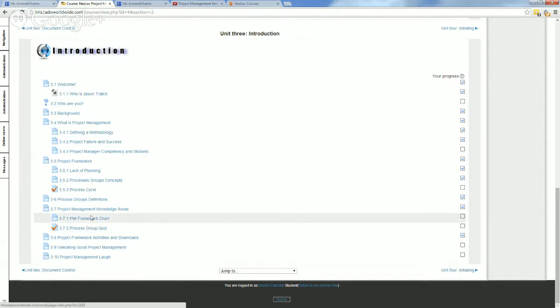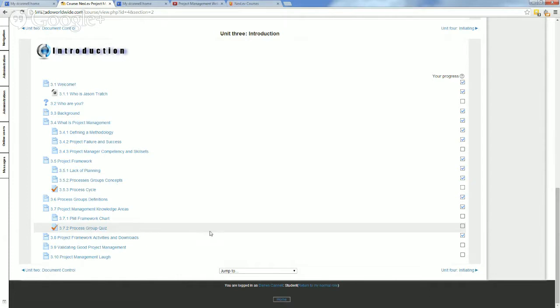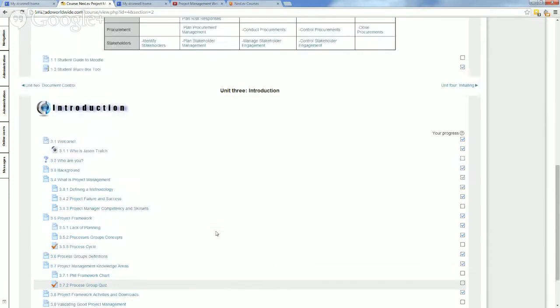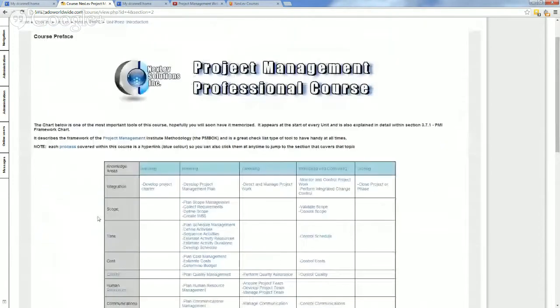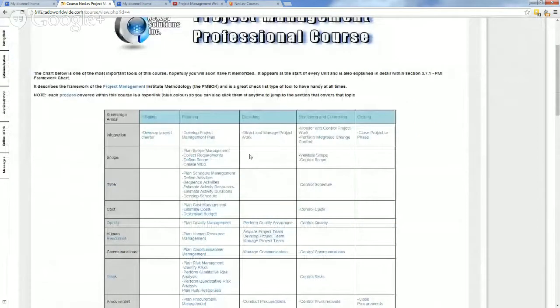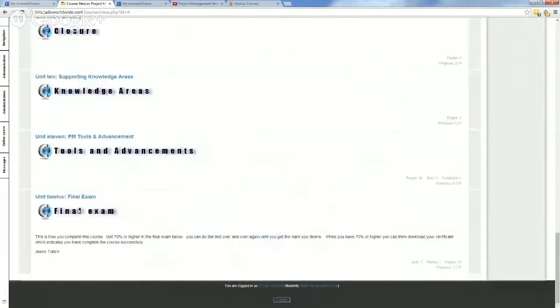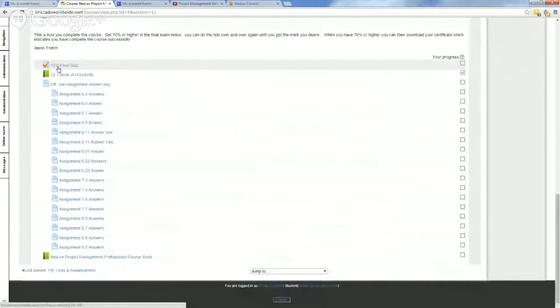And so each one of these tests will prepare you for that final quiz, which in the end will give you your certification from us, or your certificate. So if I go back to the process, I can show you what I mean by that. The final goal is that you want to get through all of this material. You get to the final exam, which is this one down at the end, and you have to get 70% or higher. And so here it is, your final quiz, and on here you can see all the answer keys